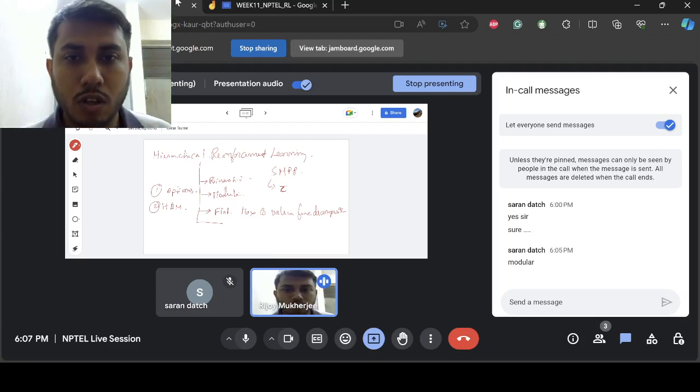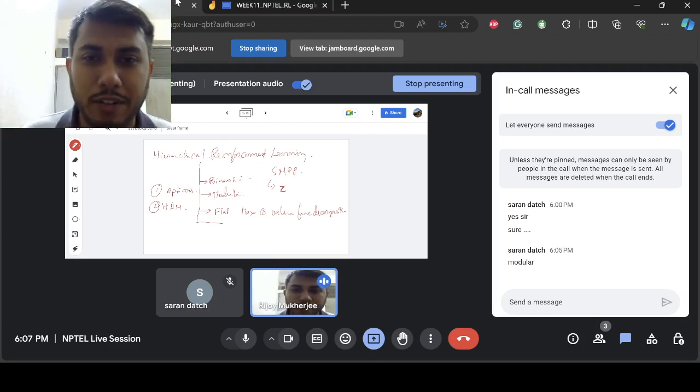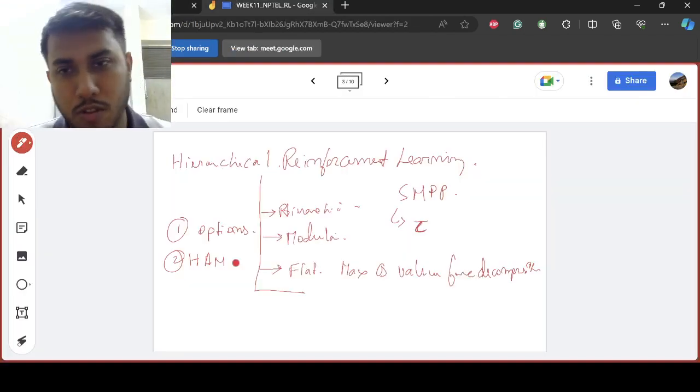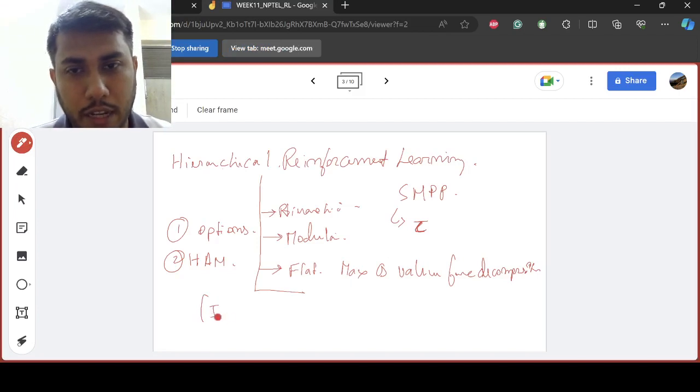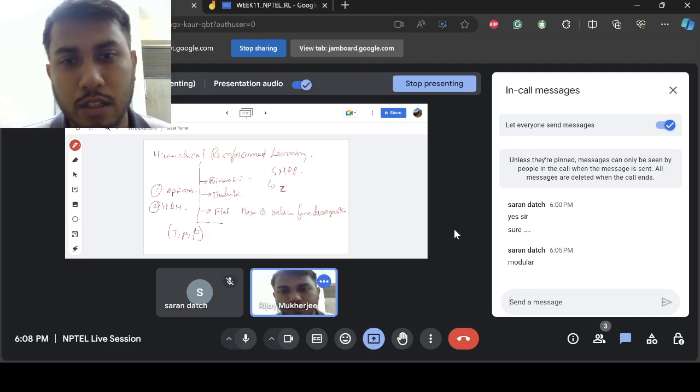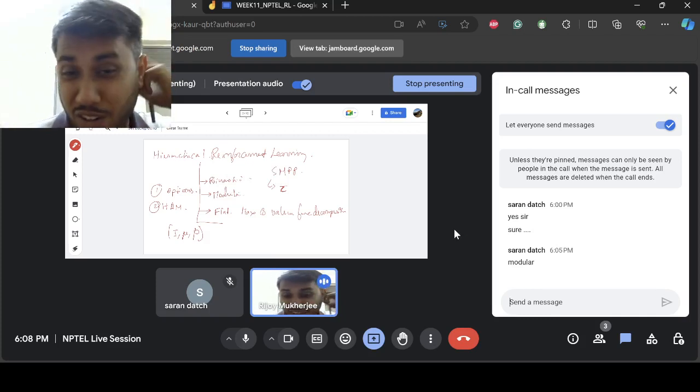This is quite close to how we discussed options. So what were the things in options? In options we had an I, a mu, and a beta. I was a set of states, mu was a sub policy, and